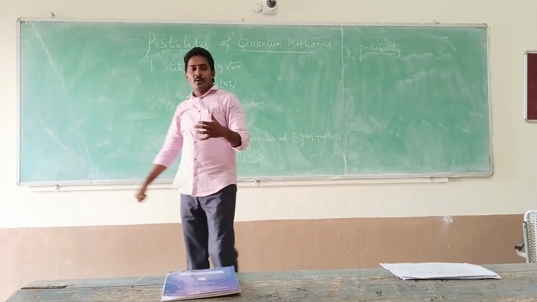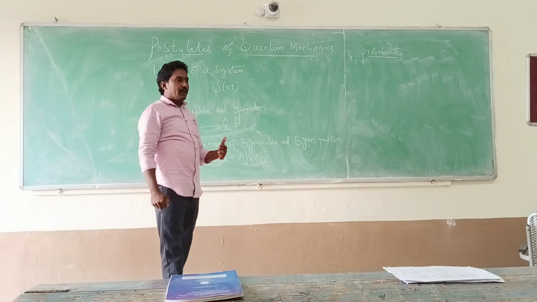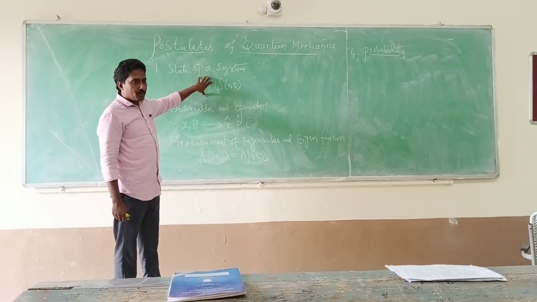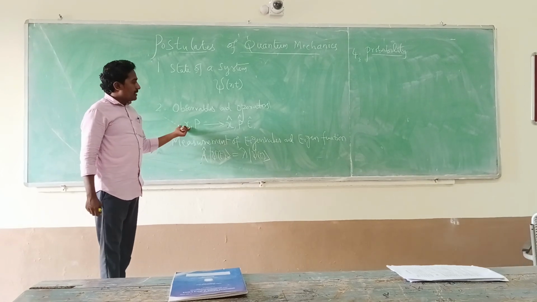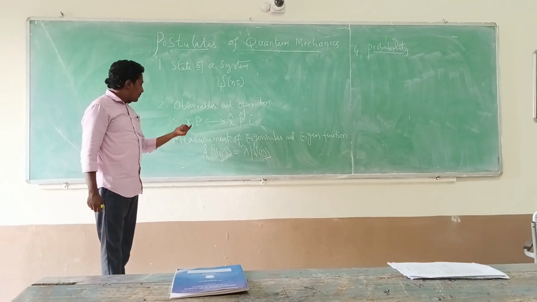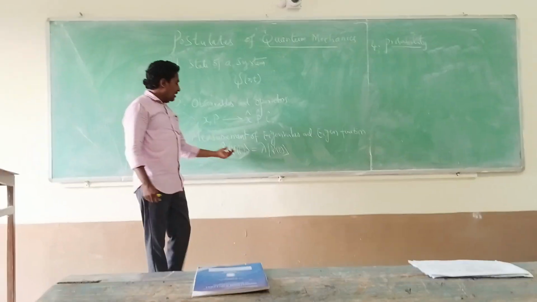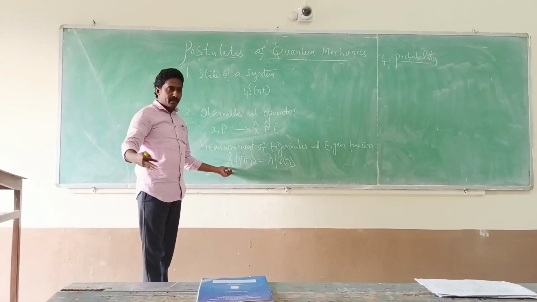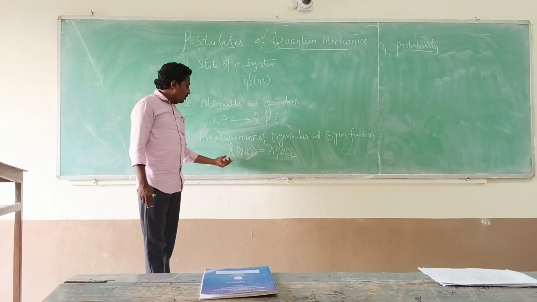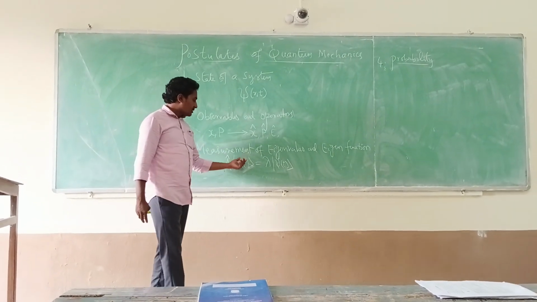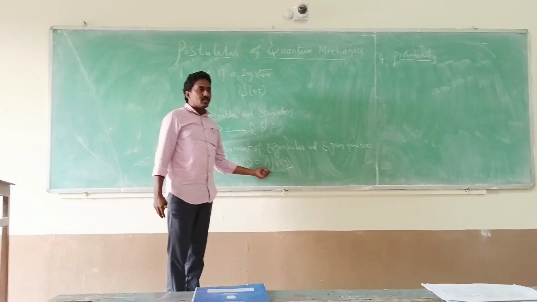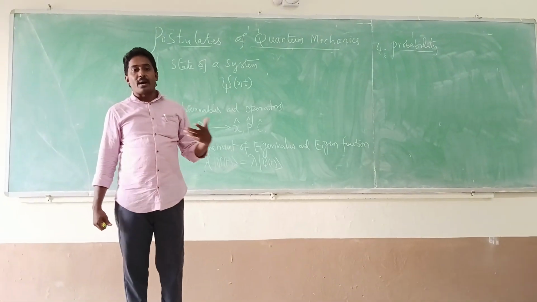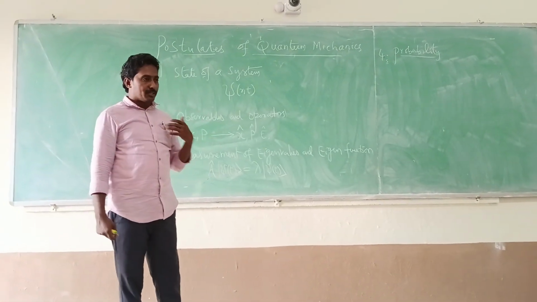Now what is the probability of finding the particle in a volume element dτ? Let's say the state vector, according to the first postulate, choose the appropriate operator A. Now apply A on this ψ of t, that is, the position operator or momentum operator in position representation, whatever it is. When you apply the operator on the state vector ψ of t, it gives an eigenvalue. With the help of eigenvalues, now find the position of the particle or the system.